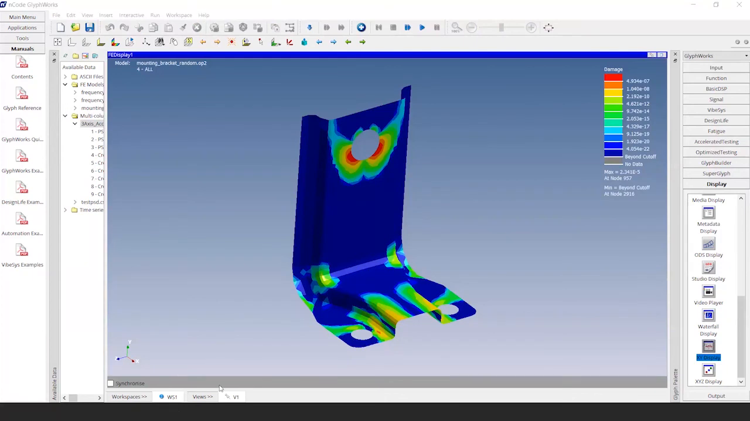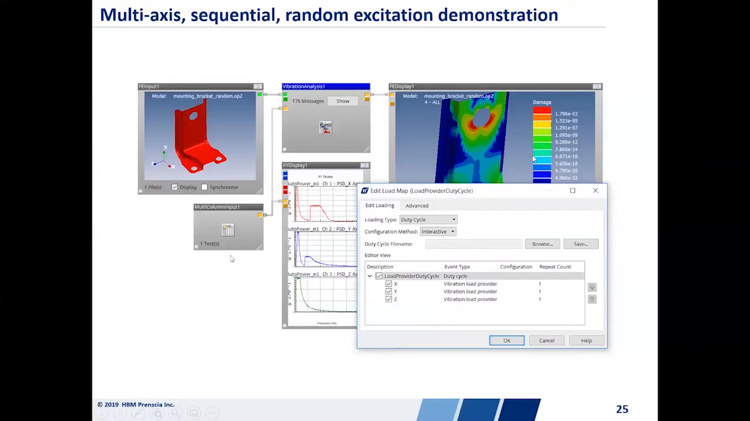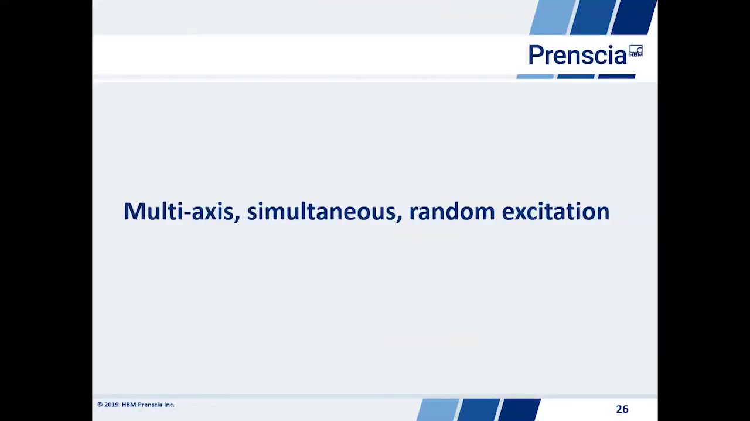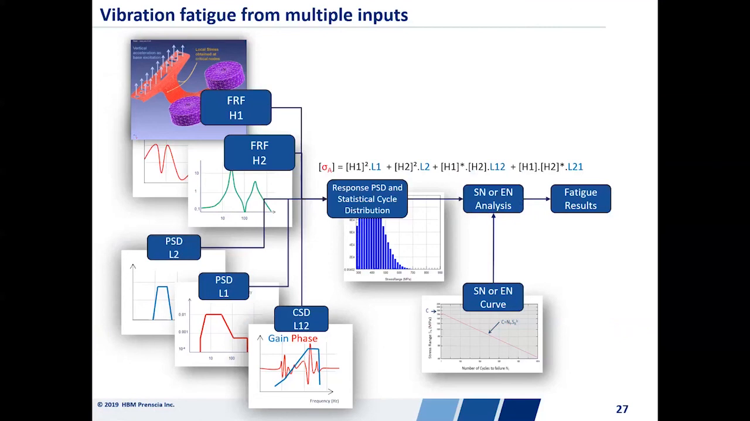All right, let's go ahead and jump back into our PowerPoint and go on to our next section. And this is going to be our third demonstration. So we're going to talk about how we can do multi-axial simultaneous random excitations. And what I want to do is just revisit that process we saw earlier with a few additions on the